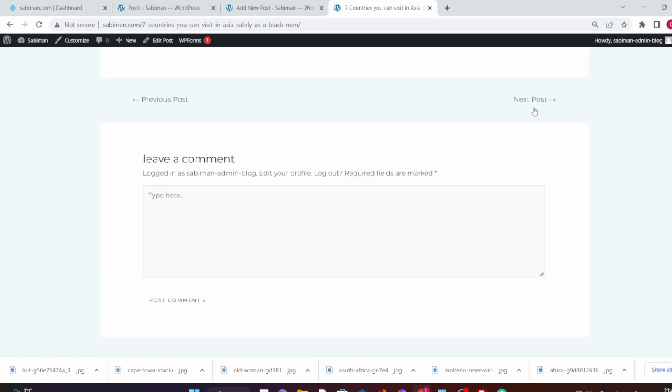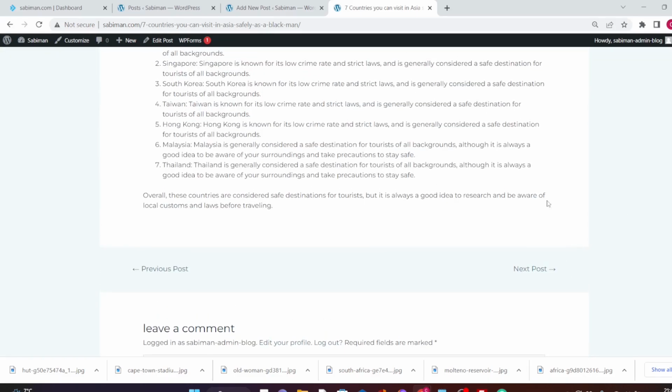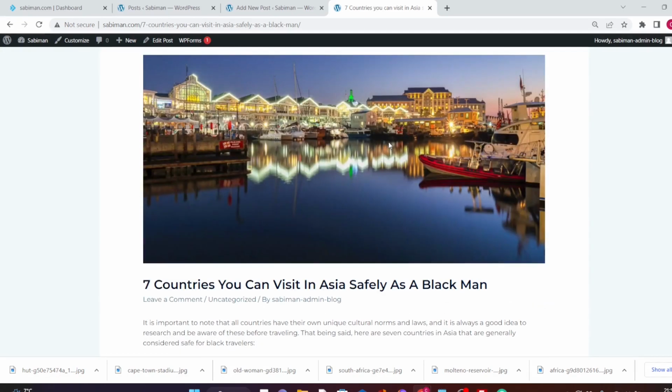And you can also see the next post and the previous post button here. So if there is a next post, if you tap on this next post, you will see the next post. Or maybe the previous one, you go here and click and see the previous post. So now that we have added some blog posts to our website, let's go ahead and see how the homepage